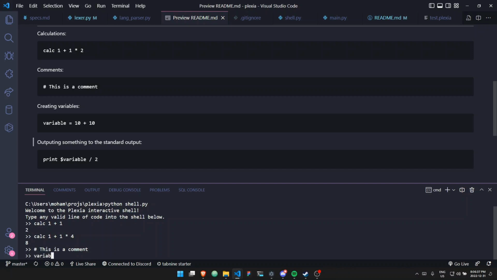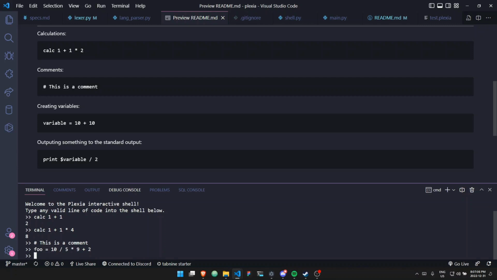Next up, we have creating variables. So you essentially just add the variable name. So I can just say, I don't know, foo equals, and then an expression. So no strings. The only data type we have are ints. So I can do 10 divided by 5 plus 2 times 5. Wait. No, we can't do that. Times 9 plus 2. So I can now print it to the standard output by doing print $foo, and that